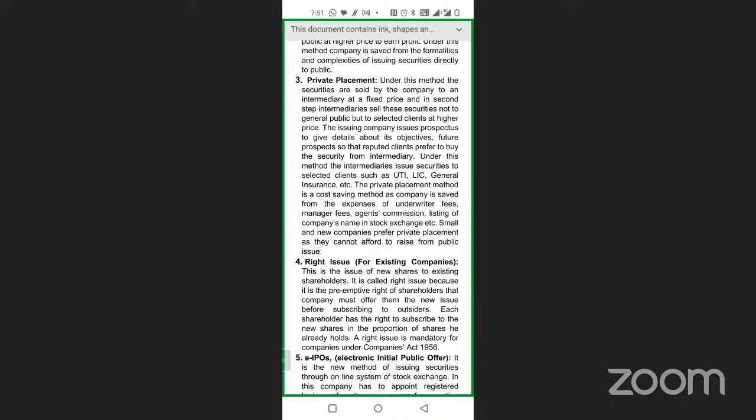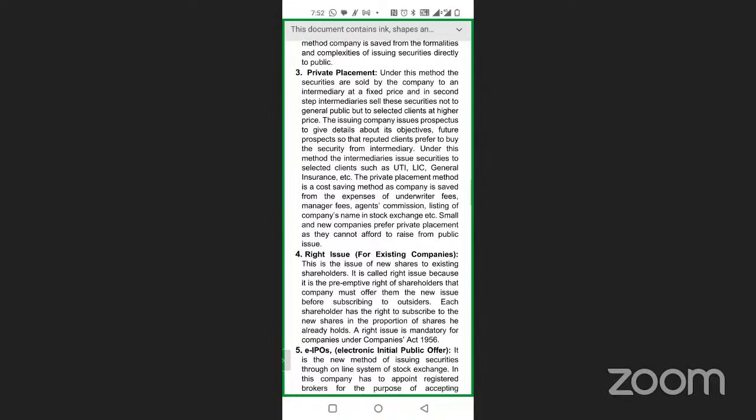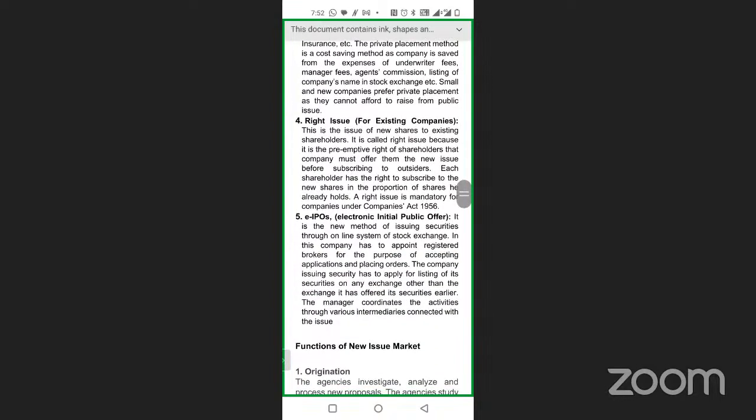To those selected customers which is being selected by the particular intermediations, then came the next floating method that was called right issue. Right issue is for the existing companies, here the existing company who tries to open their new products in the new issue market with the existing stockholders. Right issue is something which is called the pre-emptive right of shareholders, that the company must offer the new issue before